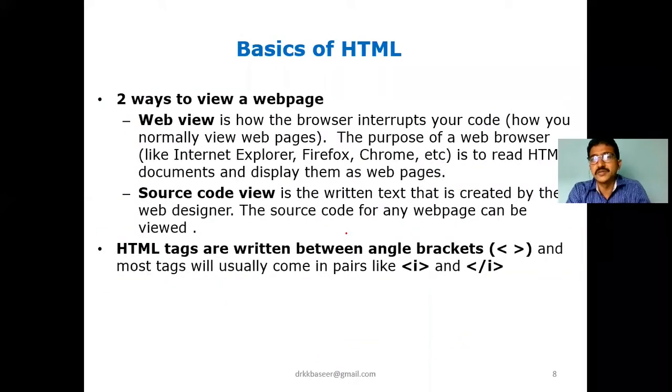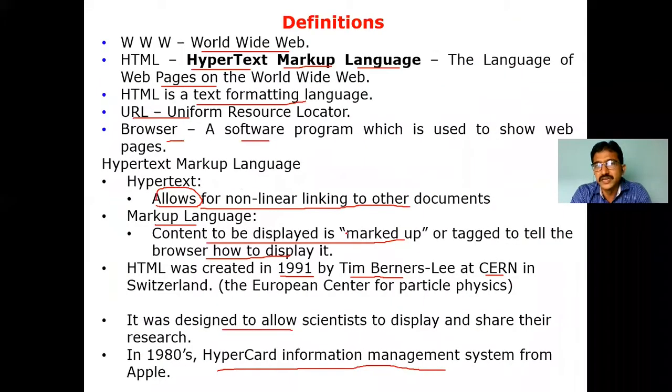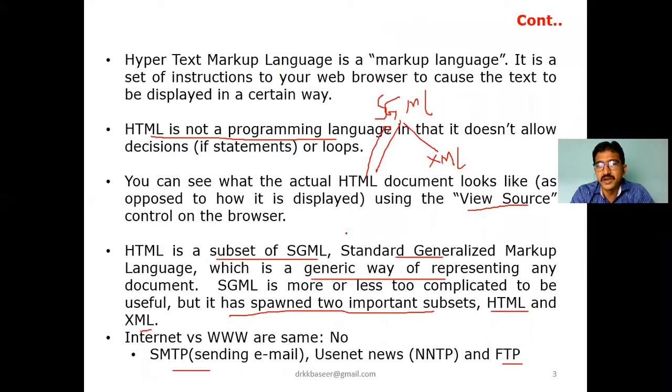Okay. So as I said, the basic things in HTML we have talked about till now are some definitions, like WWW, HTML, and browser means what, URL means what, hypertext means what, markup language means what, and who developed HTML, when, which year. Previously, we have hyperlink information in the system, and how many parts of HTML: standard generalized markup, consisting of HTML, XML. HTML is a subpart of it.